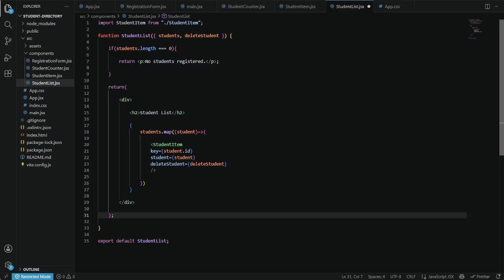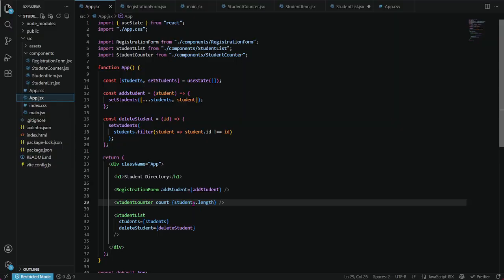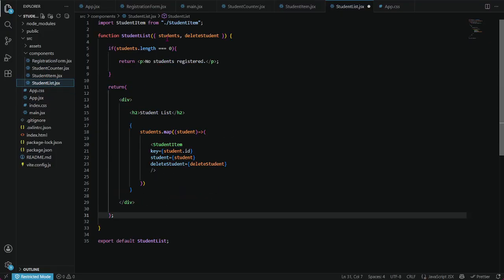student. So earlier, the student length here is the count, and this is in the student list. So of course the student list length is still empty, zero pa jud siya.